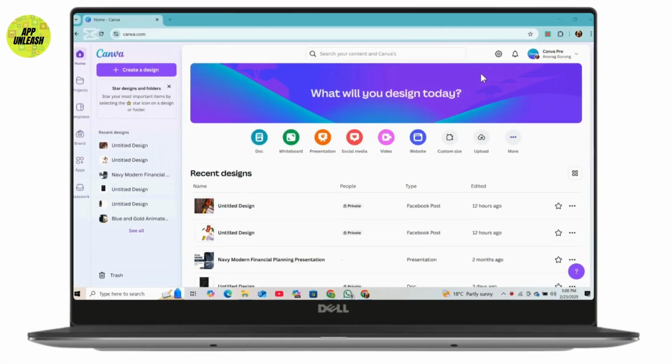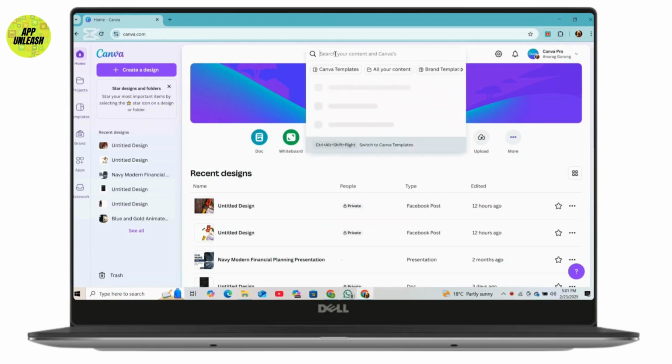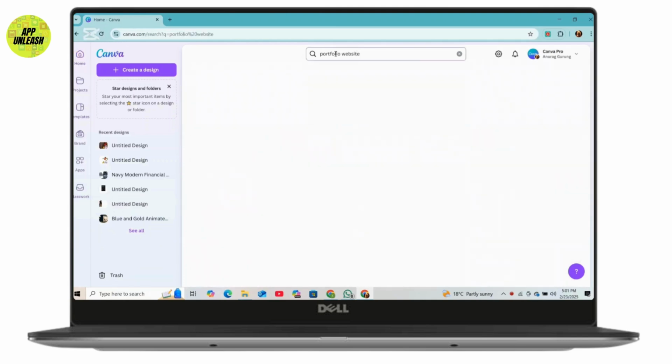In today's video, I'll show you how to create a fully functional online portfolio website using Canva, completely for free. Canva lets you design professional looking websites without any coding, and I'll walk you through the entire process step by step. First, go to the Canva website and search for portfolio website in the template search bar,